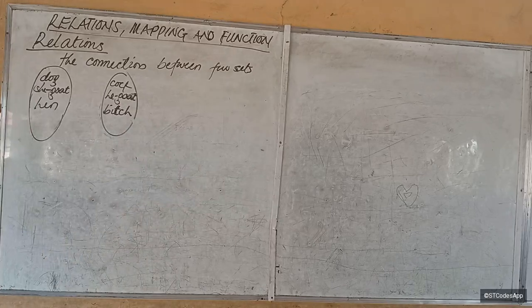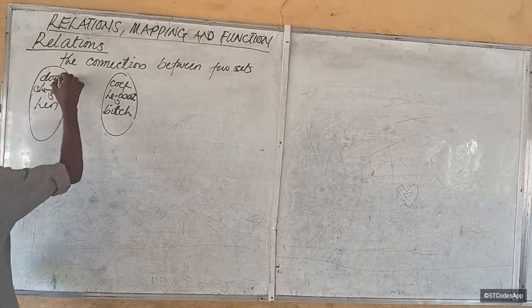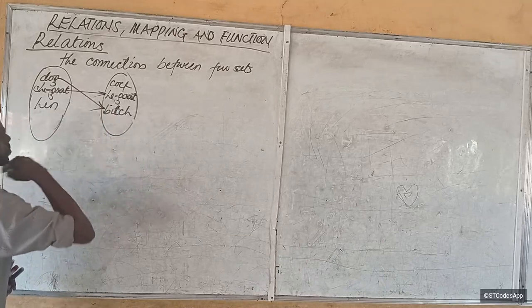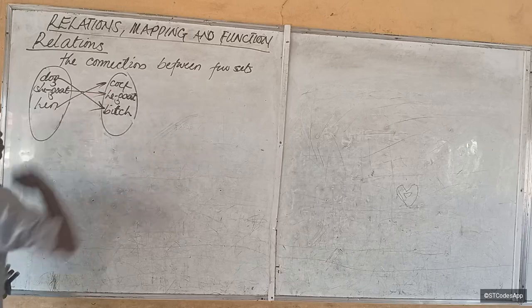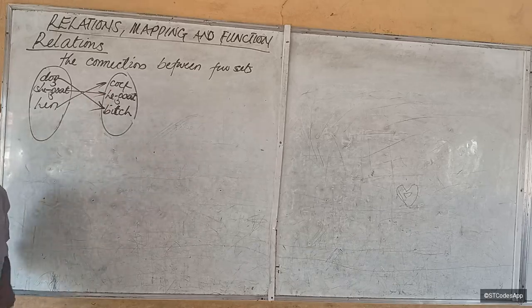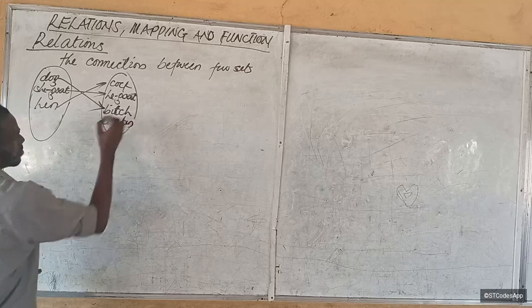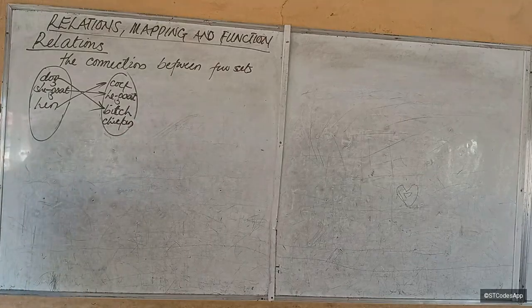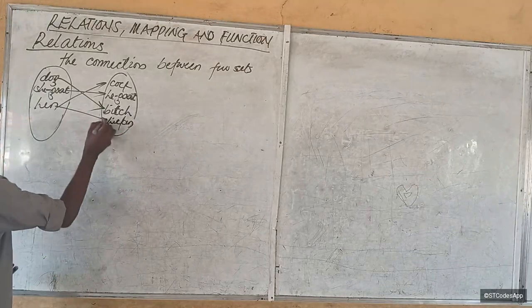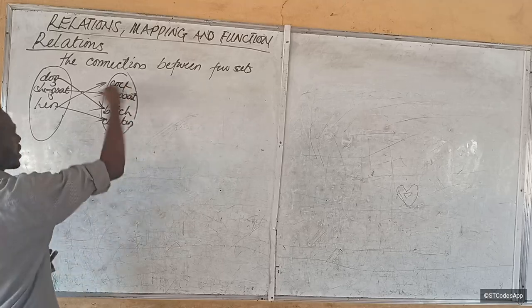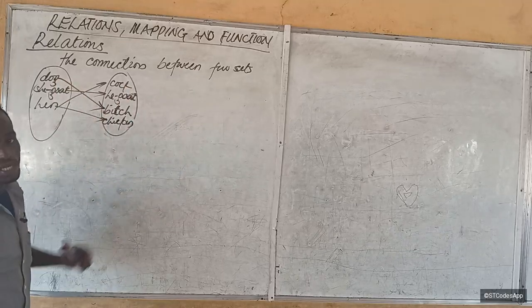All right. So you're asked to match them. Okay. So you match dog with what? With bitch. She goat goes with what? Hen with cock. Is that okay? But of course, if I had chicken here, which one would you match with chicken? Hen, right? Now, basically, the relation here, or the connection between dog and bitch, is that one is a male,